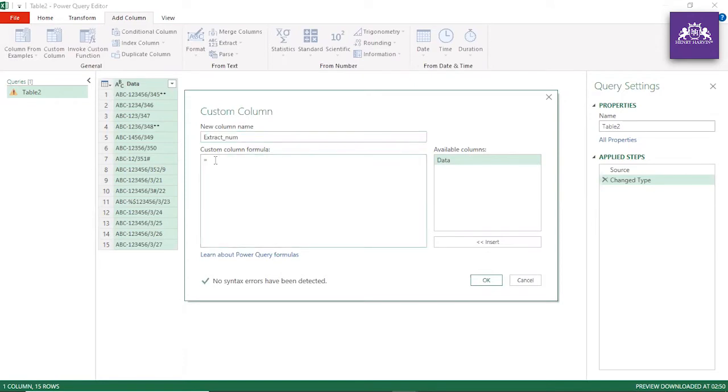All right, and now there is a function called Text.Select. Let me tell you something. This is called M language, which is case sensitive. If I write a small s, you see that it will get me the error, token literal expected. All right, let me show you that example also.